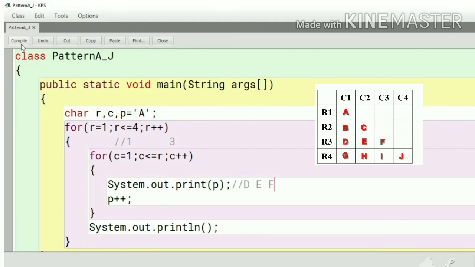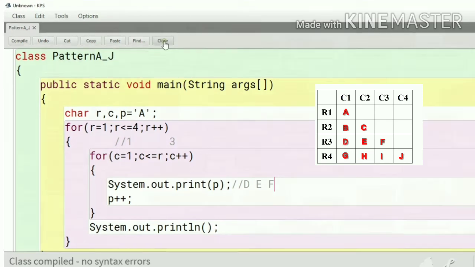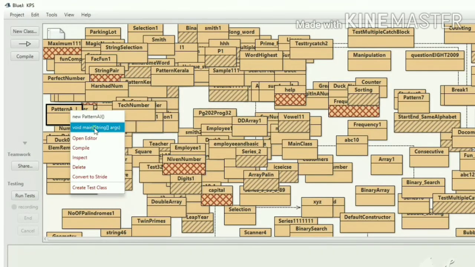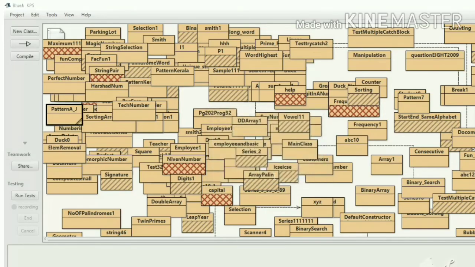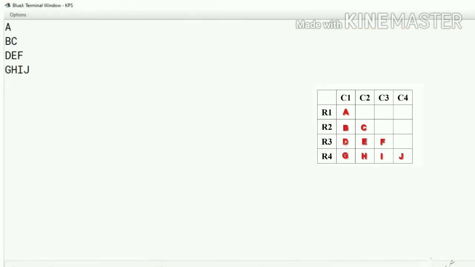So let's compile the program and check the output. Close this, right click, void main, okay. The output is A, B, C, D, E, F,